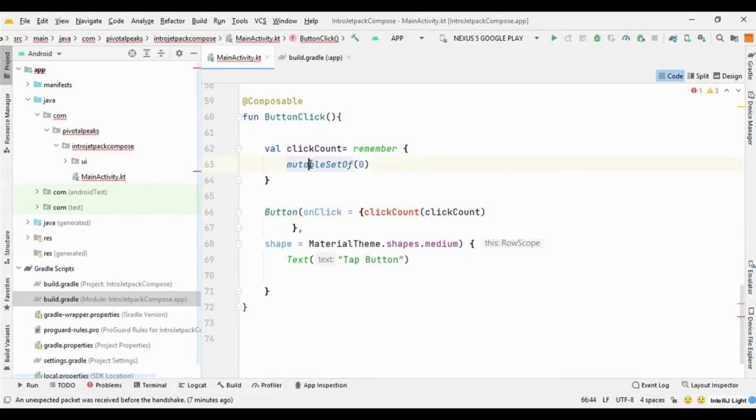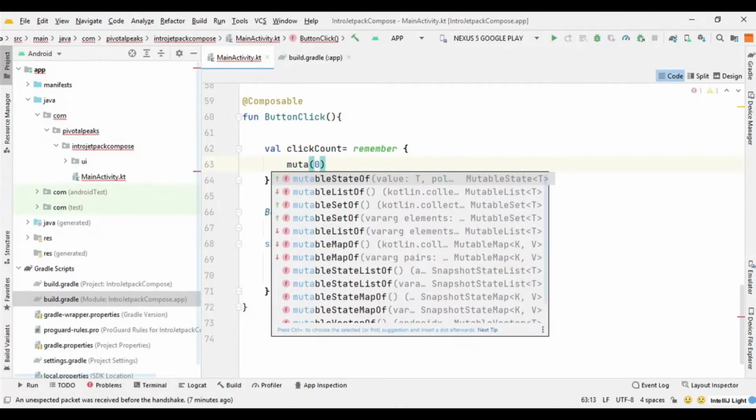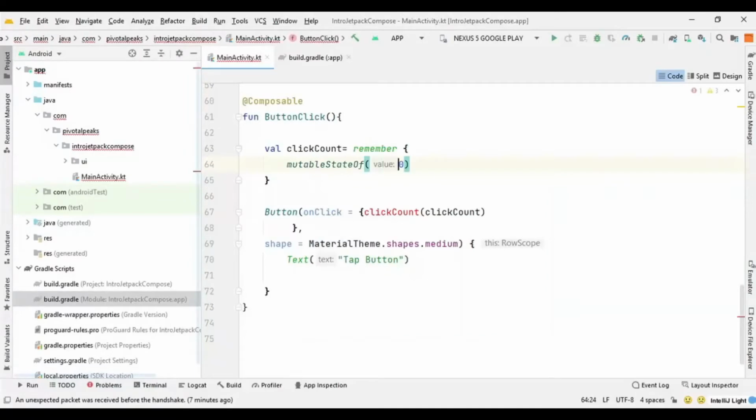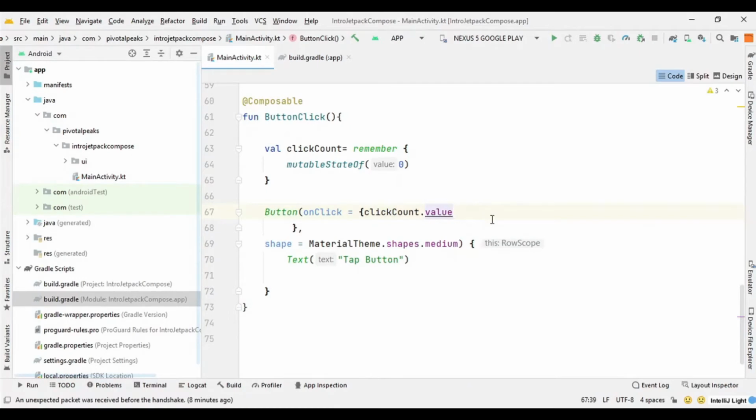It should be mutable state of, not set of. There are so many mutables, so sometimes you get it wrong. So here we say mutable state of 0, and then on click, click count dot value, and we need to increase it every time we click it, so plus plus.